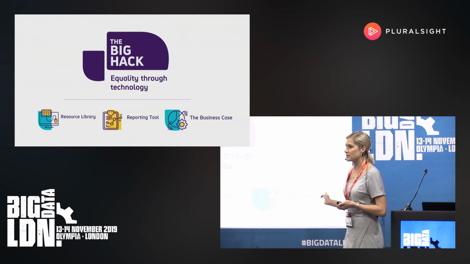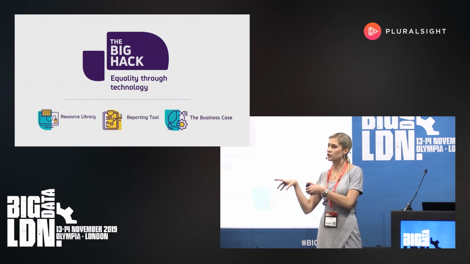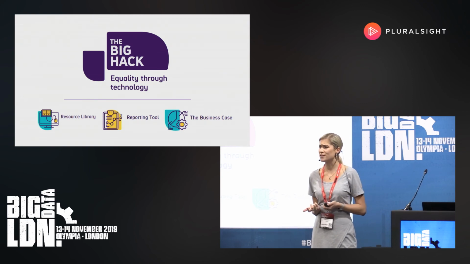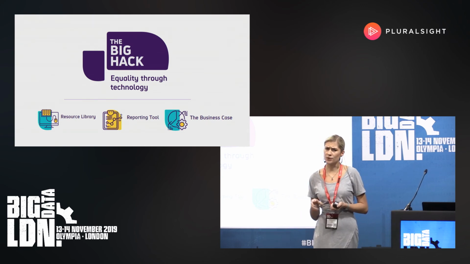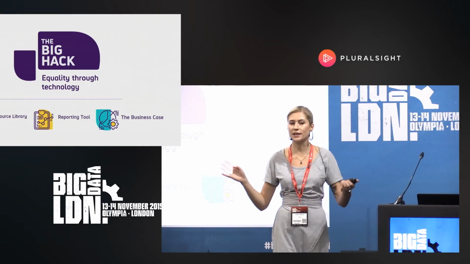So we'll be launching that business case at the end of this month, and that will also be on our website. It looks at specific industries and where the barriers are for people in those industries, and also what the opportunity is. We're also going to be doing an exclusion calculator, so as a business you can put in how many customers you have, and then we can give a percentage of how many are likely to be disabled.